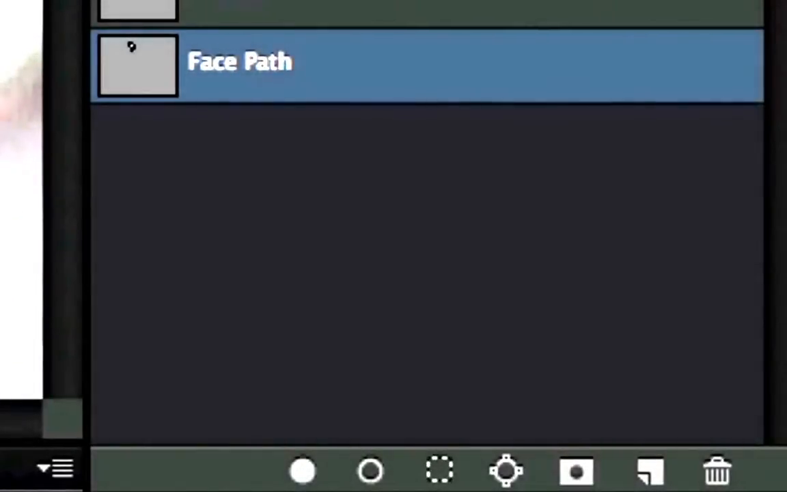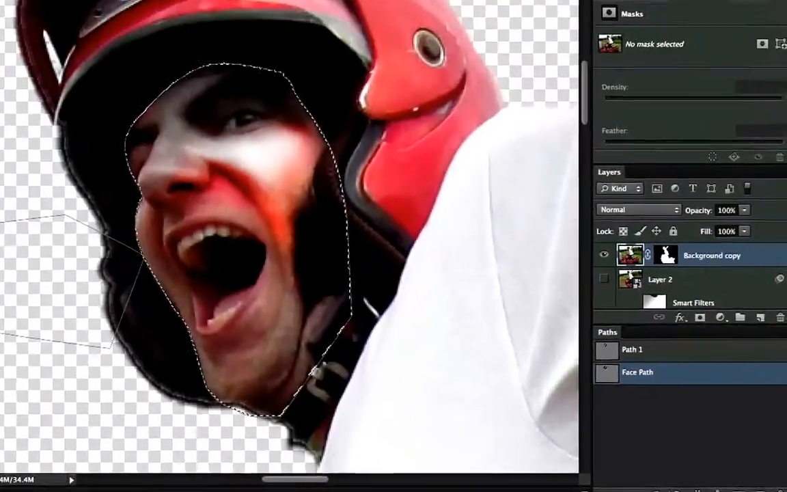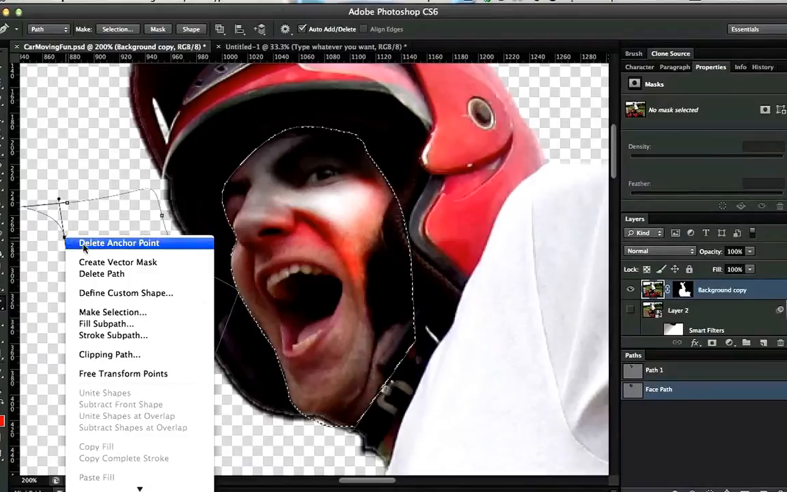This is really just scratching the surface. Paths are fantastic. But in a nutshell, pen tool allows you to do shapes. If you click and drag, you can do more. And if you hold down Alt, all sorts of options. And if you right click, it's essentially the same options that are inside